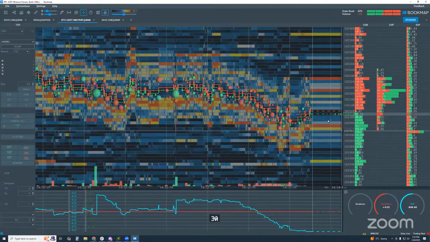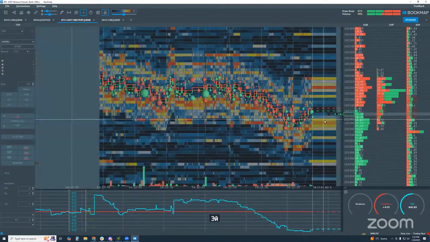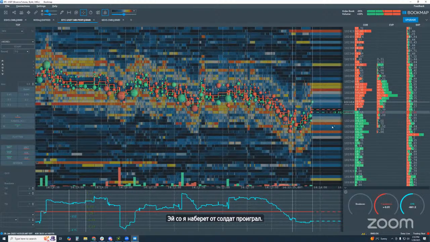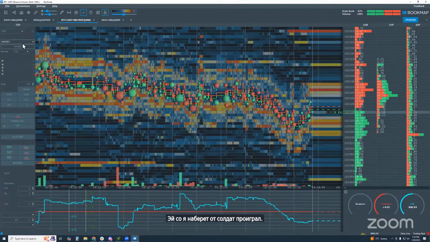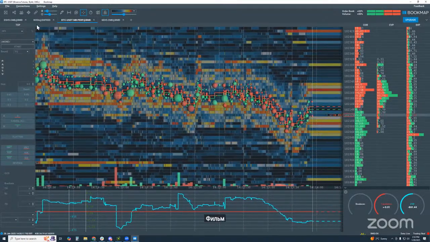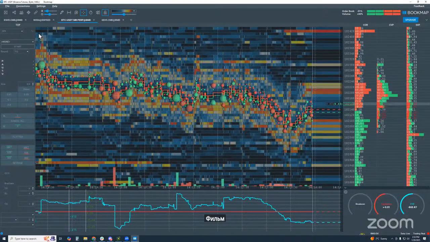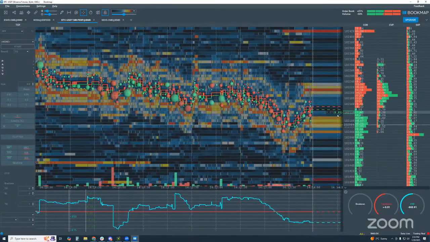Okay, so we're getting a bit of a pullback right now. And I won't be able to trade. I'm not able to connect anything at the moment. Anyway, you'll see that